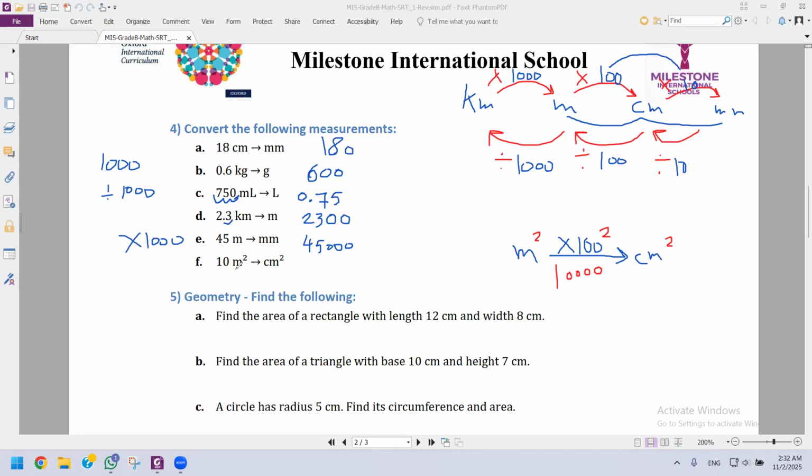So here, what do we have? We have 10. And then we add these 4 zeros: 1, 2, 3, 4. So it's 100,000 centimeters squared. So here, what do we have to do in this question? We have to memorize those. Next,